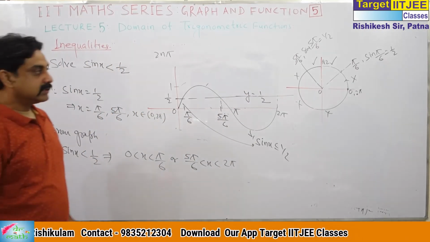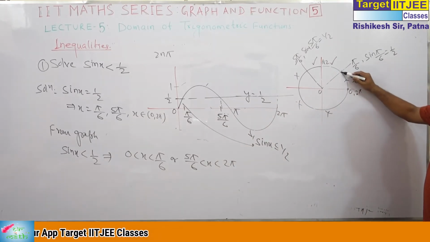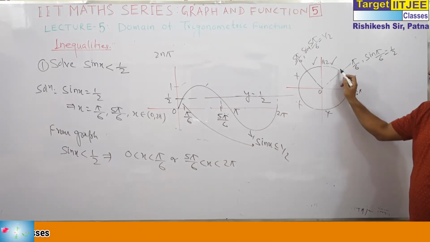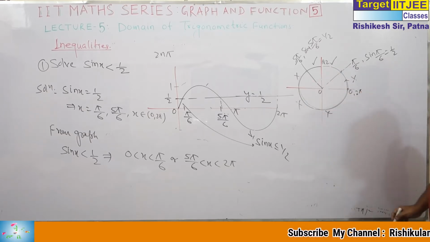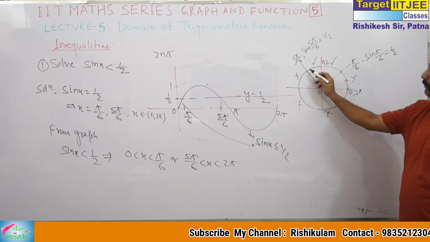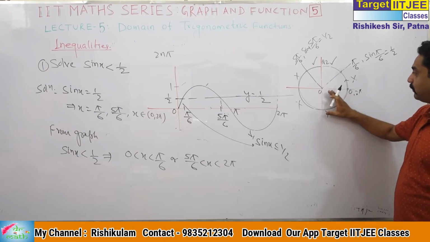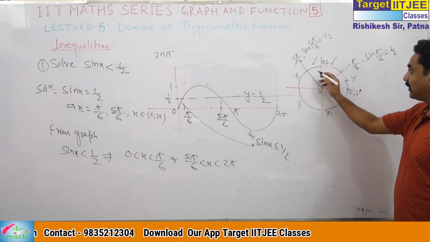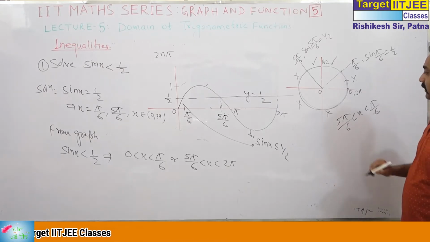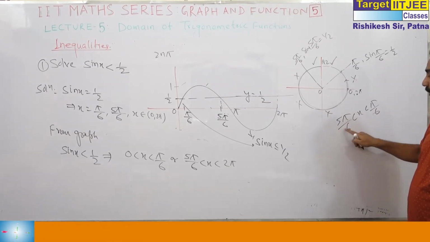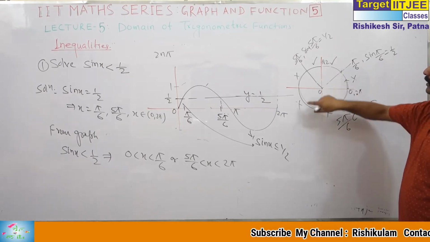And you can see here 0 to pi by 6, this portion is less than 1 by 2, from here to here greater than 1 by 2, then 5 pi by 6 to 2 pi. We cannot write 5 pi by 6 is 2 pi. Whenever we have to take this case, we always start from the lower value. You cannot write like this. This has no meaning. Here lesser and here greater, no meaning. Always write 0 to pi by 6 and so on.